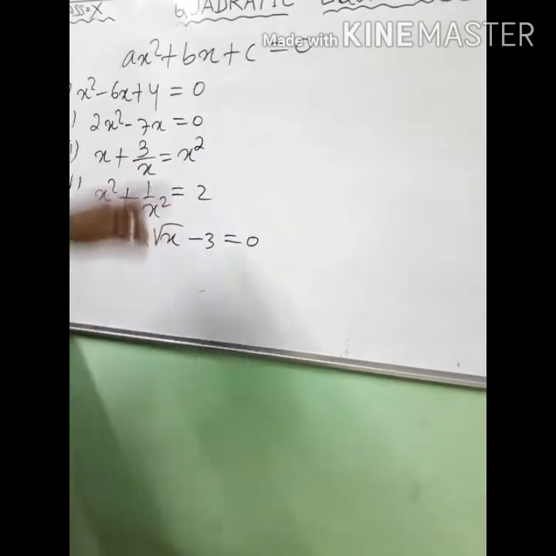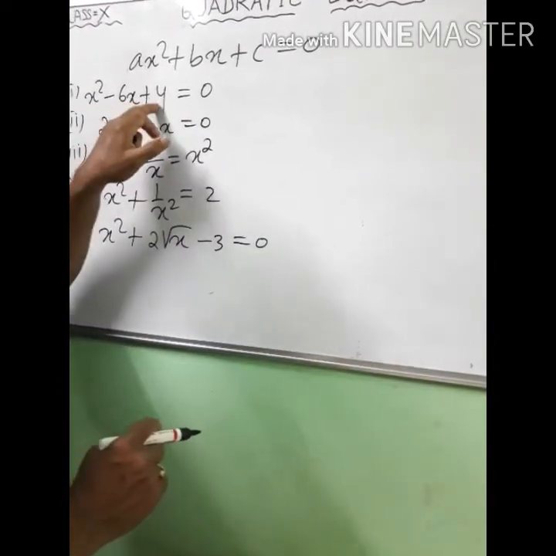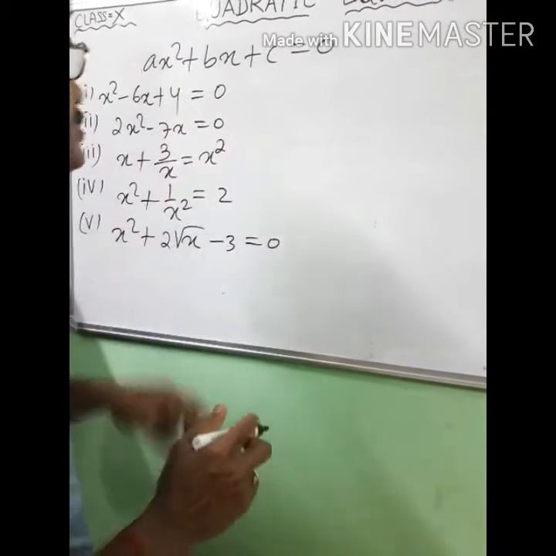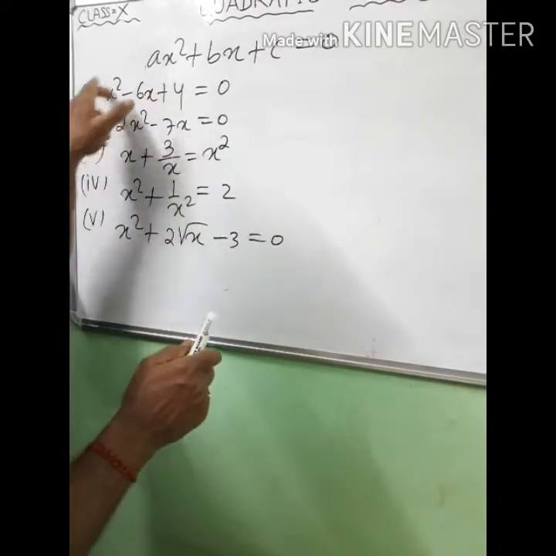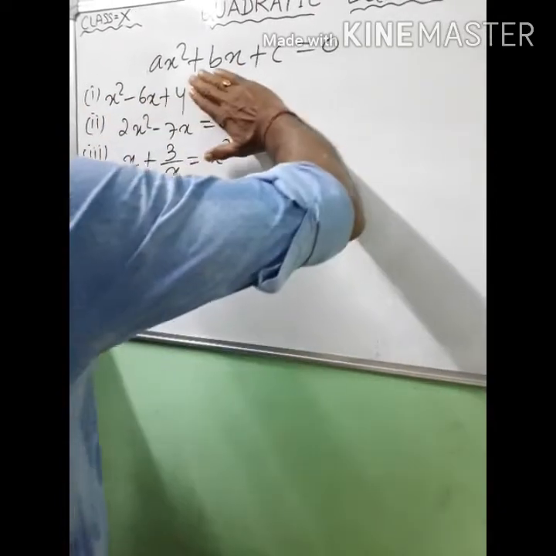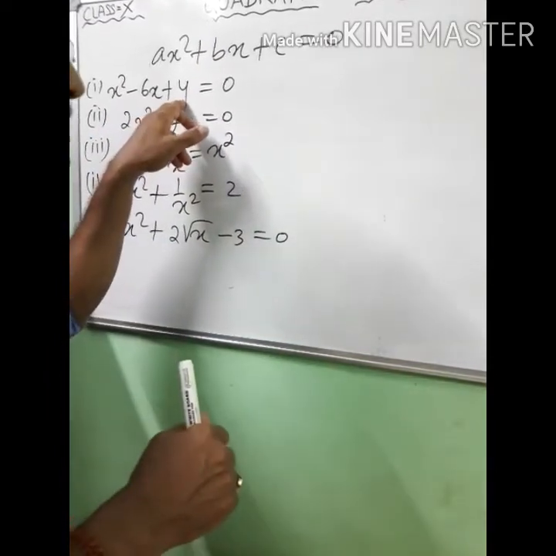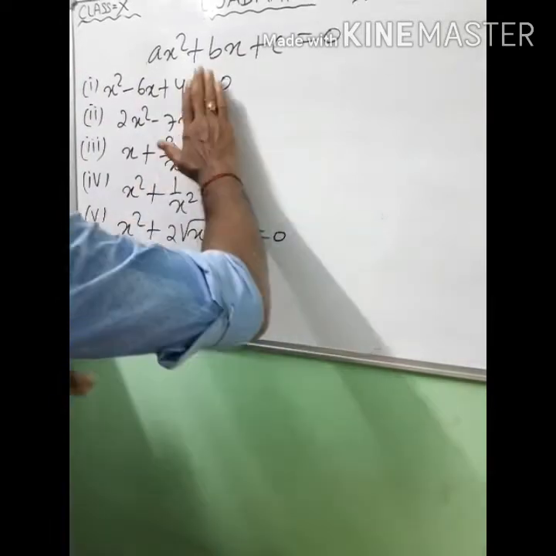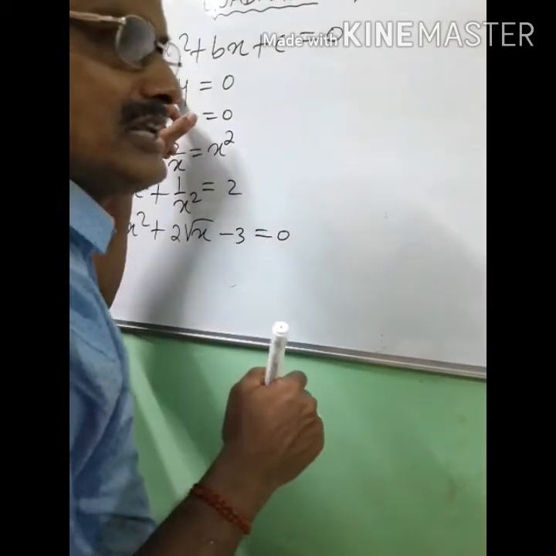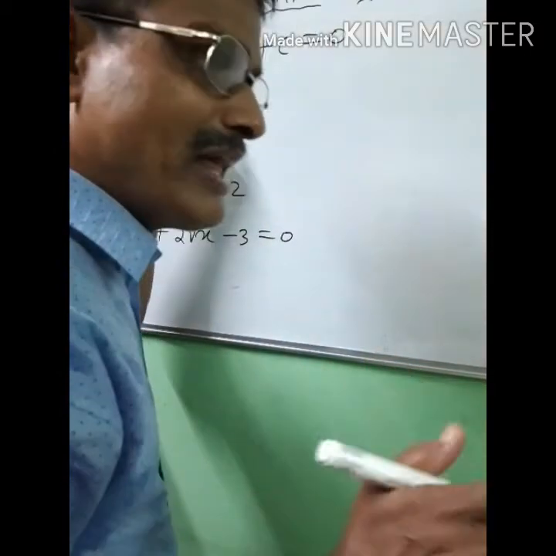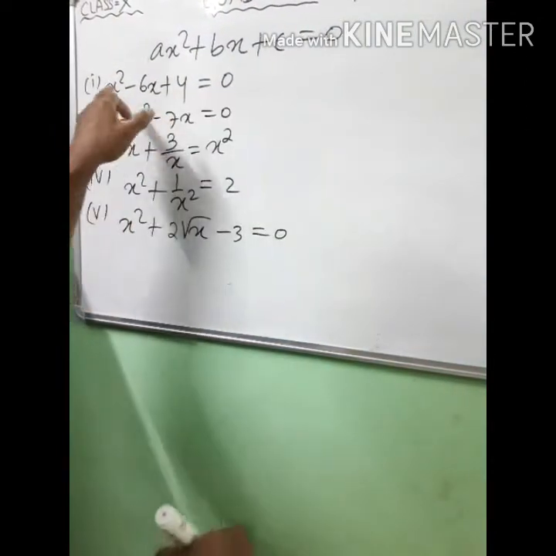So among these, which are quadratic polynomials? The first one is x square minus 6x plus 4 is equal to 0. Omit the is equal to 0. Only x square minus 6x plus 4 is a quadratic polynomial. So that quadratic polynomial equal to 0 means quadratic equation, because it is in the form of